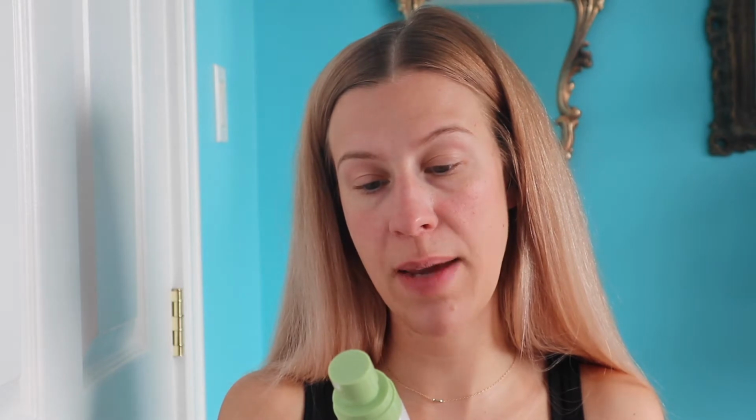So we're gonna give this a good shake. It's a hydrating milky mist with hyaluronic acid and oat. It's supposed to be soothing, and you're supposed to be able to use it before makeup and anytime throughout the day to add a boost of hydration. So we're gonna go ahead and give our face a really